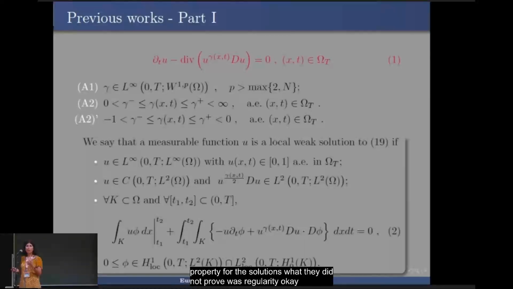Okay, and that was the topic of my PhD. So this was part of my PhD thesis several years ago, and that was precisely my point at that moment, to show what one could say about regularity for the solutions of this kind of equations. And under the setting where we define what we mean by a local weak solution, and if you are familiar with working with PDEs, it is quite striking the way that you say that you are working with a solution, because there are different definitions of solutions. So in this case,